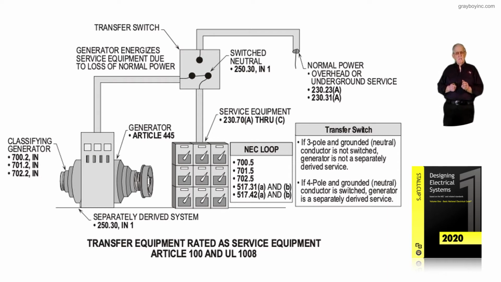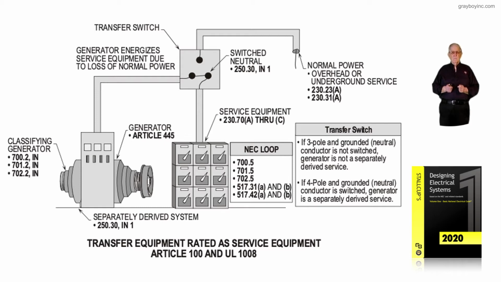And notice there's a big advantage in the classification of your generator. For example, if the generator is classified an emergency generator, that means it's brought on within 10 seconds, full power, and also it has a 15-minute delay characteristic. If it's a 701.2 generator, then it could be brought on within 60 seconds and have a 15-minute delay characteristic to it. But notice if it's an emergency generator, 700.2, you can't mix the wiring with the general wiring of